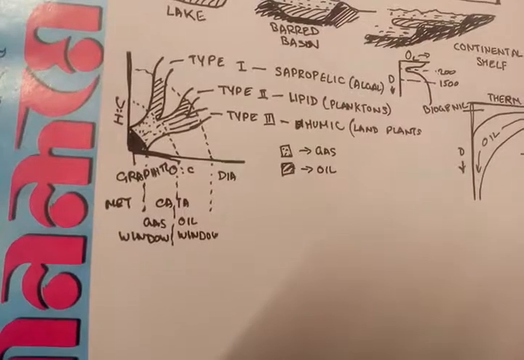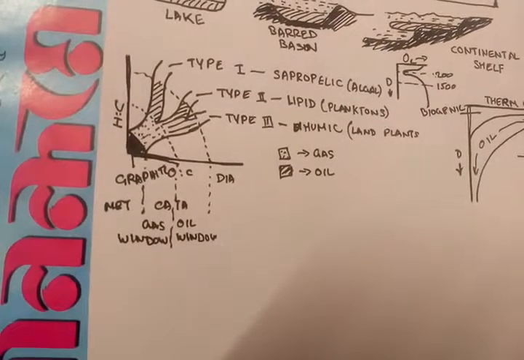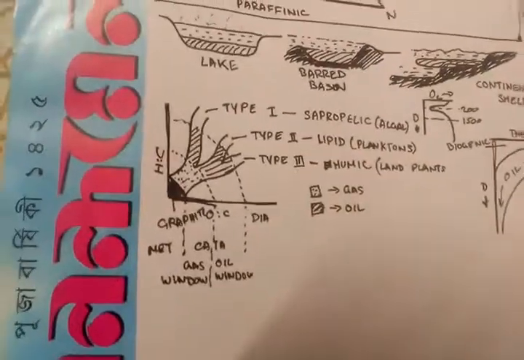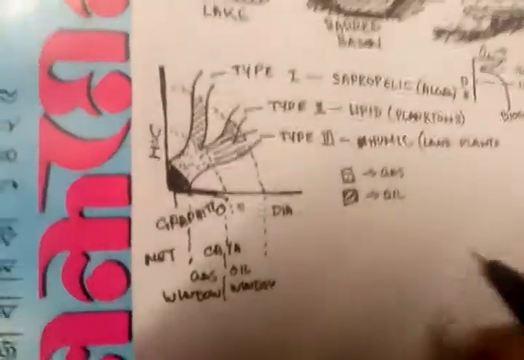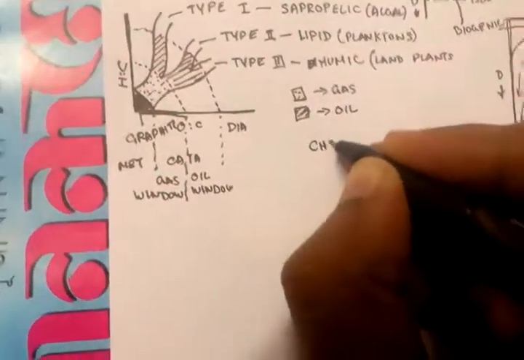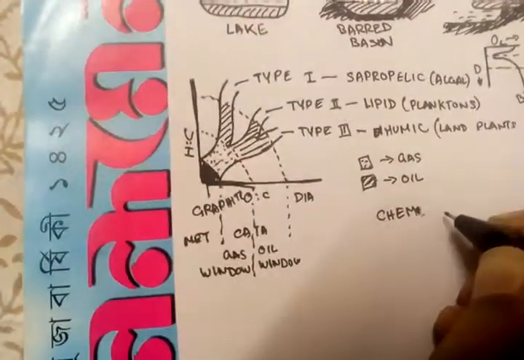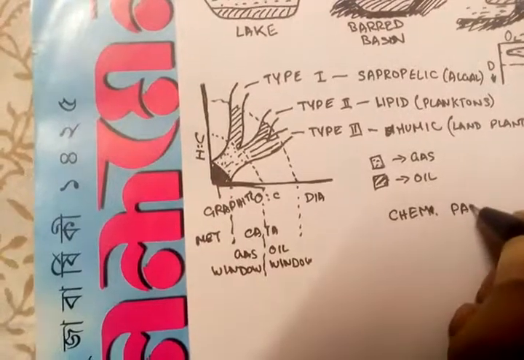These paleothermometers can be chemical or biological. So the chemical paleothermometers are,